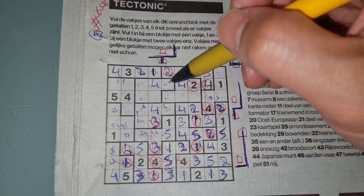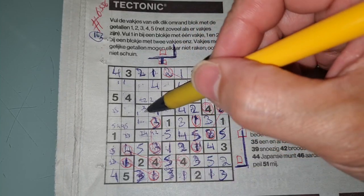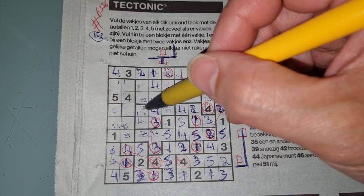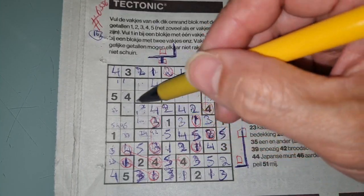This box can be 2, that box can be 2, so the 2 could be here, could be there. We have a double 2 there, so that means that this box can be 2 and more. If I place a 2 here, I cannot fill any 2 in one of those 2 boxes. So the only place left for the 2 should be here, so 2 numbers left in this area for numbers